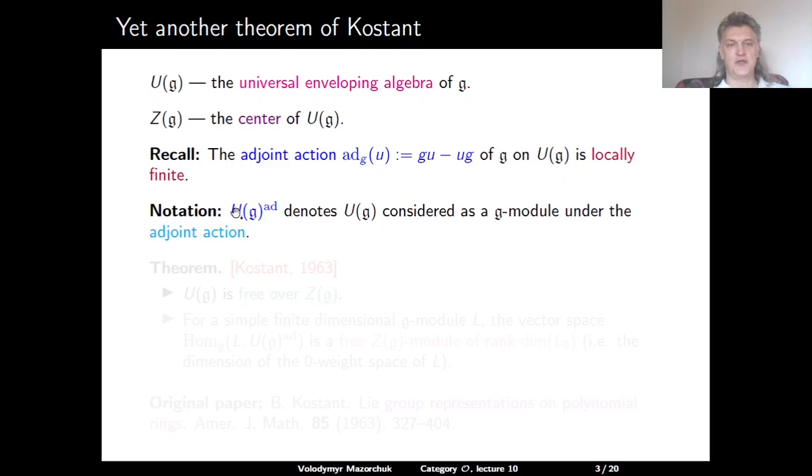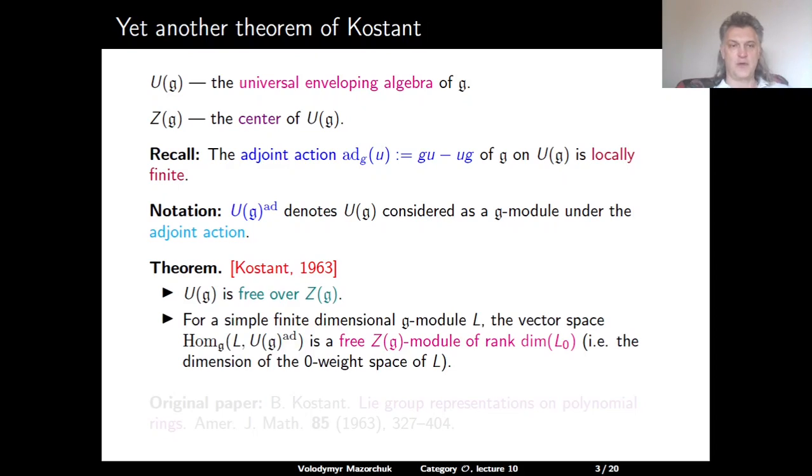And we denote by U(G) ad the corresponding G module, obtained by considering the adjoint action of G on the universal enveloping algebra. So the following theorem is due to Kostant from 1963. The universal enveloping algebra is free as a module over its center. Furthermore, for a simple finite-dimensional G module L, the vector space Hom_G from L to U(G) considered as the adjoint module over G